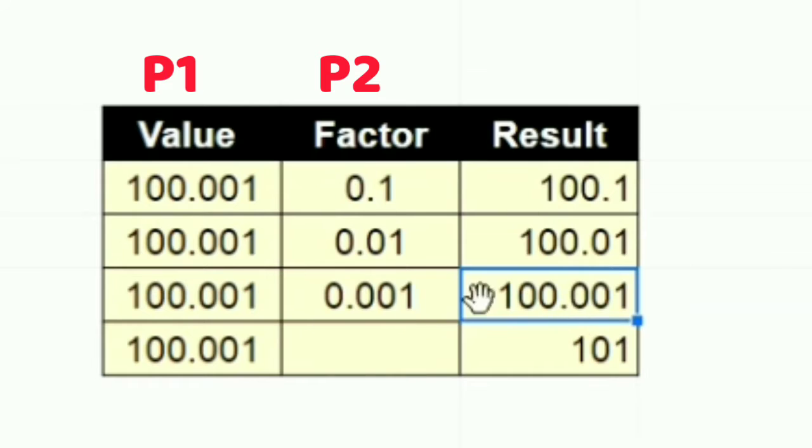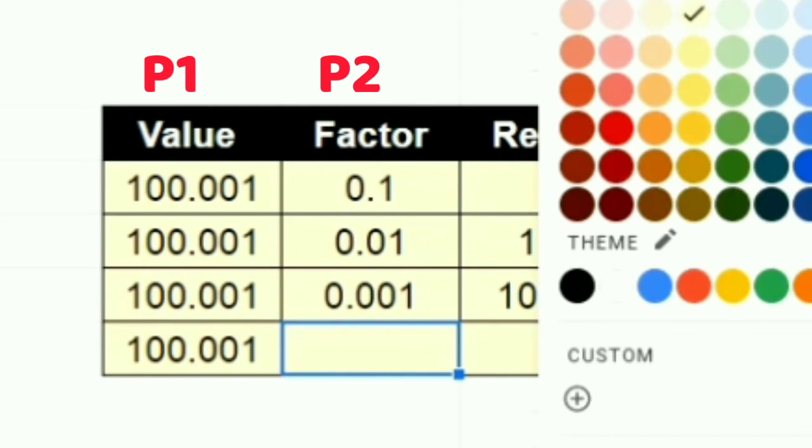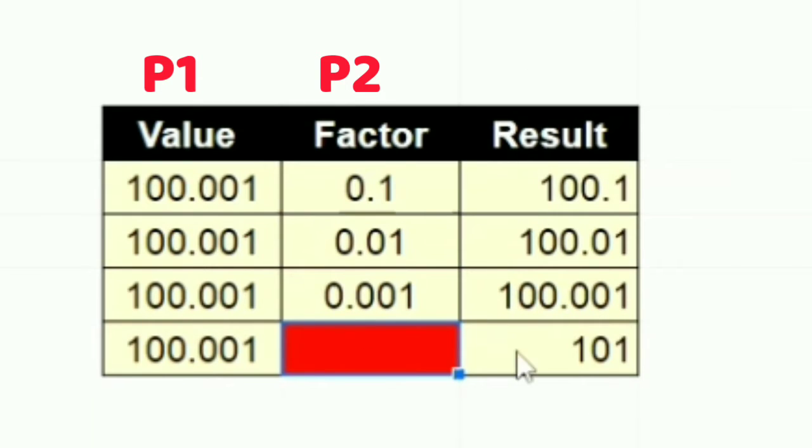100.001. This means the result is returned based on the decimal value provided in the factor parameter, and the second parameter is an optional one. If no factor value is provided, then the logic is as follows. If the value is 100.001 and there is no factor value, that means there is no second parameter value, then the result value will be 101. That means no decimal value will be available; it is considered as a whole value alone. Okay, and now let's begin with a real-time example.